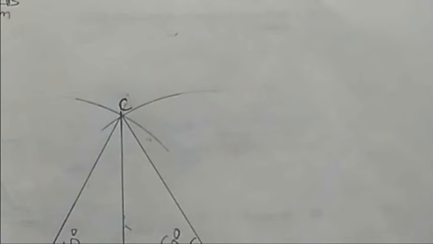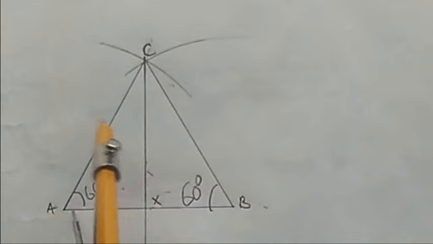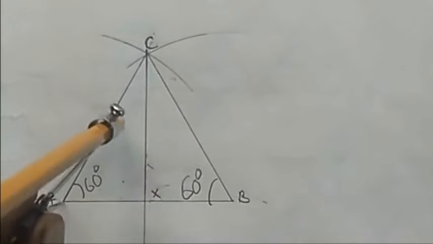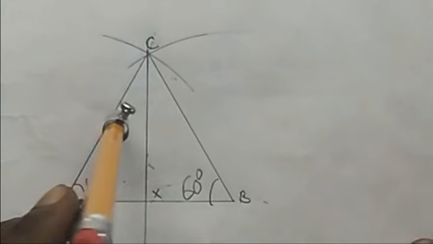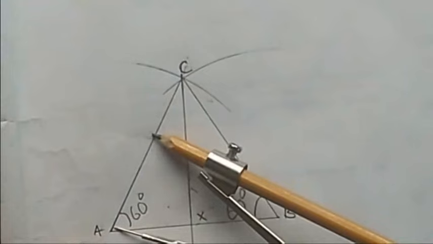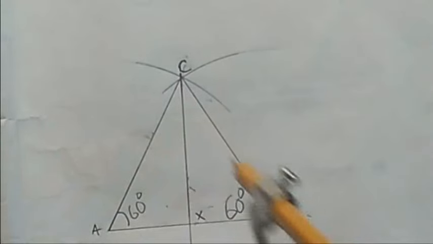Okay, so since we are bisecting the length AC, we can even measure anything. We can say we put it here, then we just check whether it's above half. As you can see, it's above half. That means it's okay. The measurement I've gotten is above half. Then that means it's okay. I can use this arc to come up with the